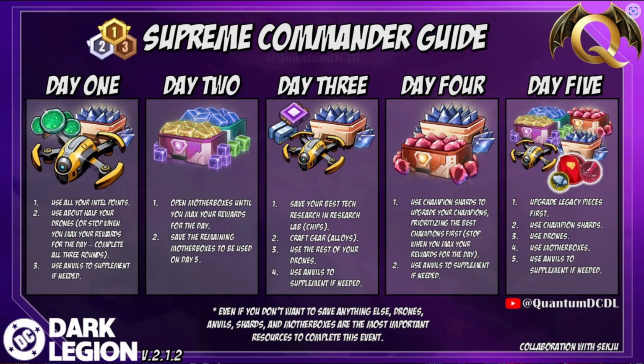You can also, if you manage to get the score before you use up all your mother boxes, you want to save the rest of your mother boxes until they come up in day 5, because it's an extra way to get a couple of scores on day 5. So, on day 3,